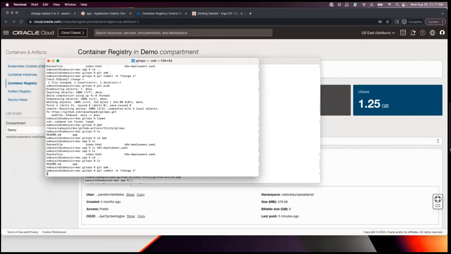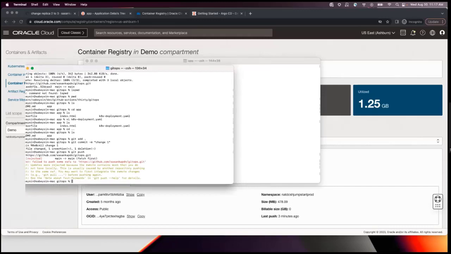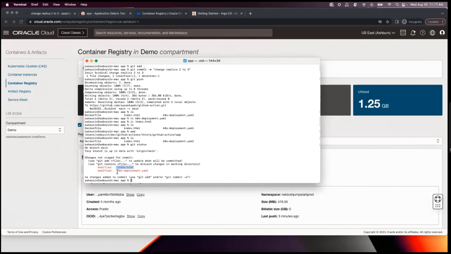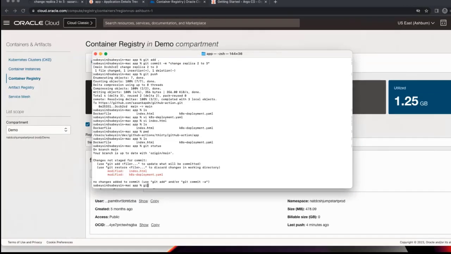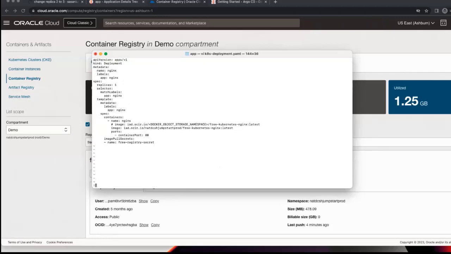Let me go with this one again. With git status, I can see I changed index and the K8 deployment, and I will change it to replica 1.